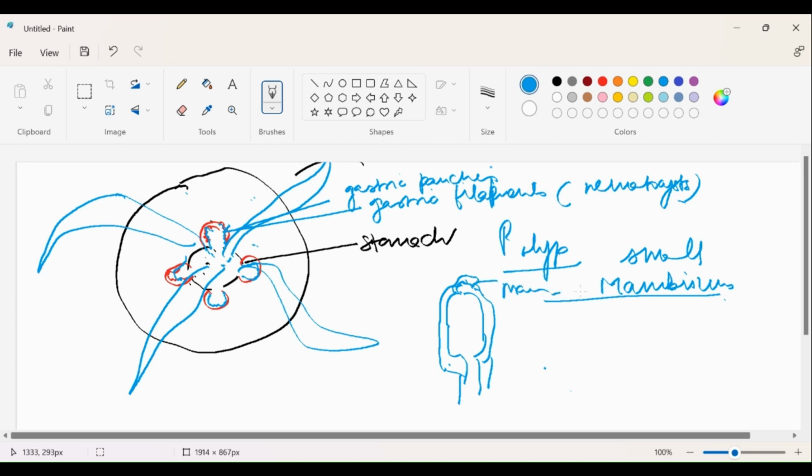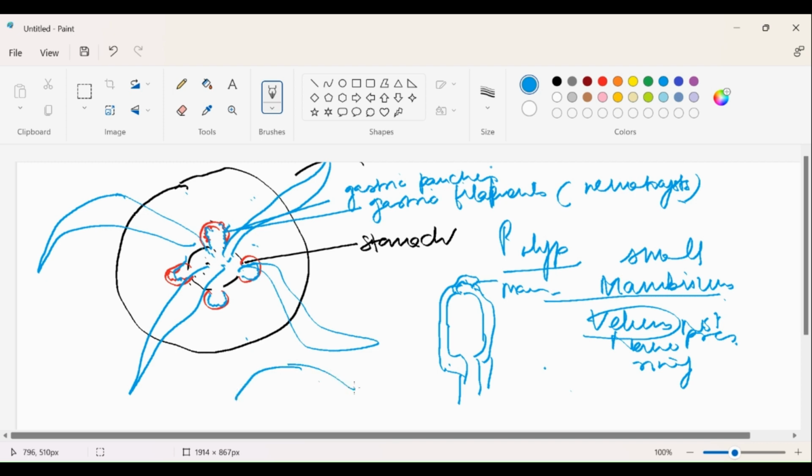Okay. Medusa does not have a true velum. In the medusoid form, the true velum is lacking, not present. The velum doesn't have a nerve ring even, because, as I told you,